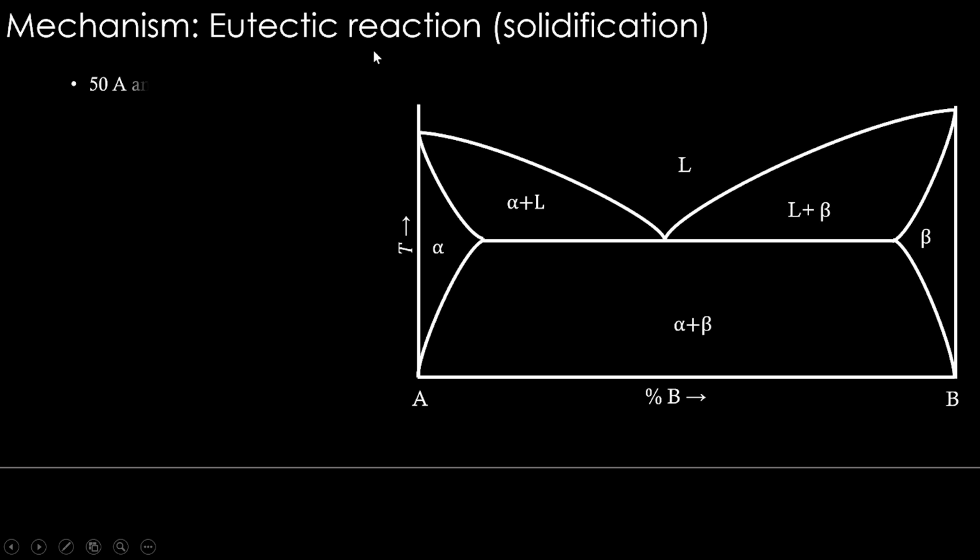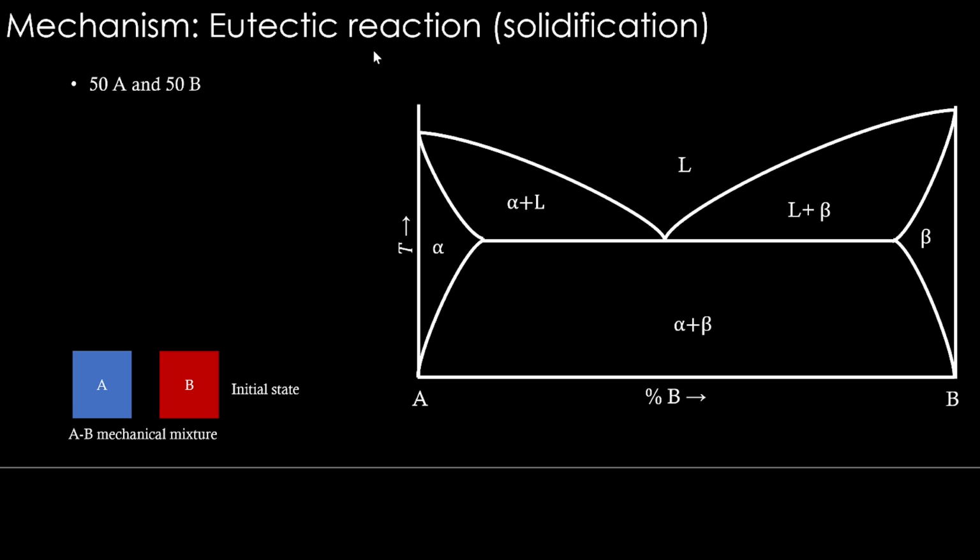So how do we see this? Again, take the 50% A, 50% B material. This is our initial material. So this is some amount of A, some amount of B. They are equal in amount, A and B. So take them. It's initially the mechanical mixture. That's the initial state, meaning they have not reacted or dissolved into each other. So this is our overall composition now. So this is like the average of these two, right?